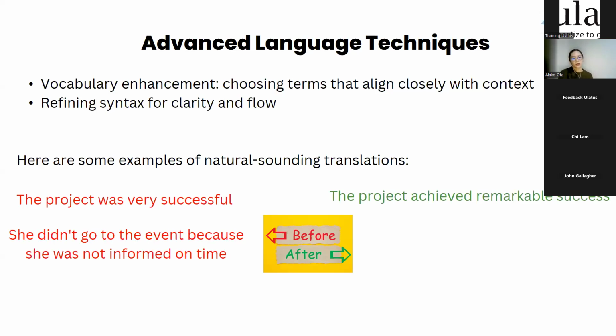Here, she didn't go to the event because she was not informed on time. Let's see if we can refine this sentence as well, probably to make it a bit clearer or enhance the flow. Again, we can focus on this with a more academic approach and make the sentence sound a bit more refined or even more concise, if that's possible.